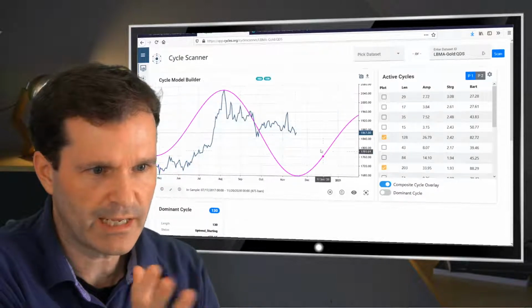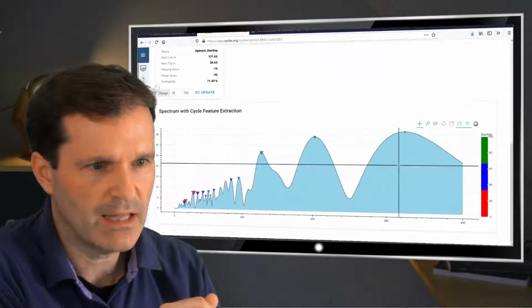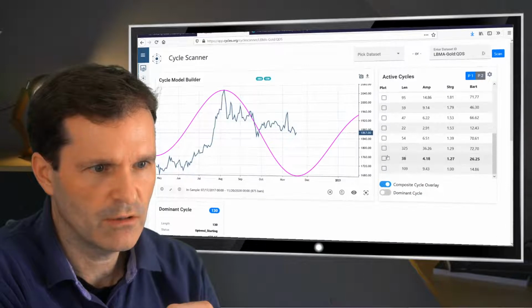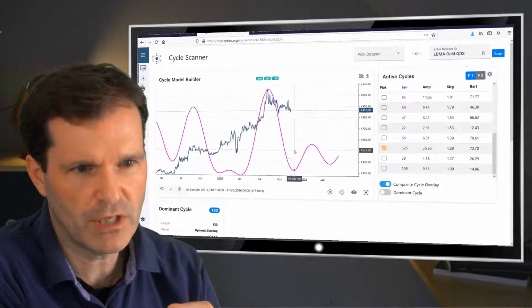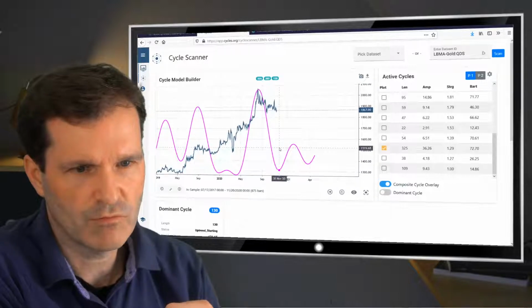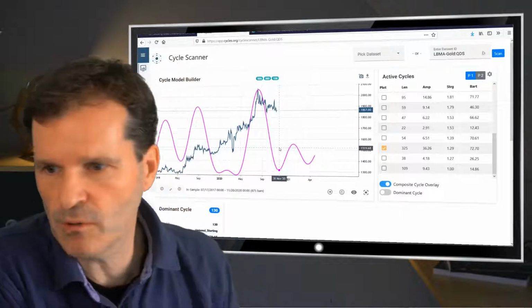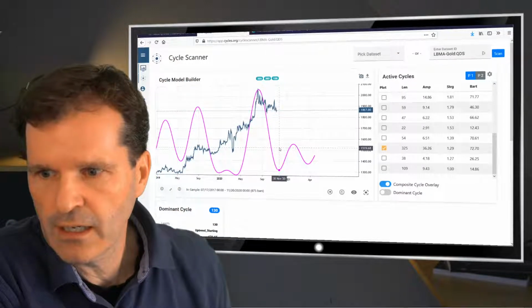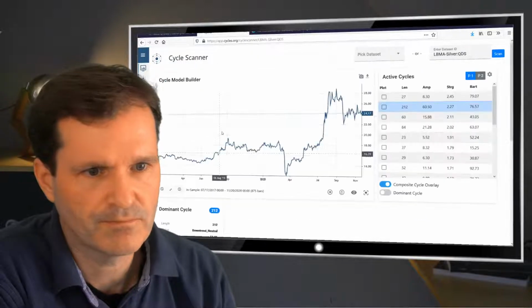So these 2 cycles show we are around a bottoming phase. We could add the larger one, 325, in addition, but it does not change the picture here. It's the same picture even if we add the larger cycle. So gold is speaking a clear picture, and let's check if silver looks similar.